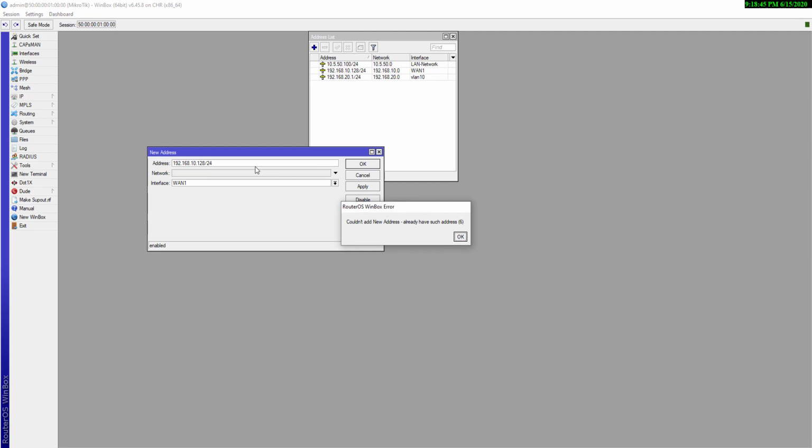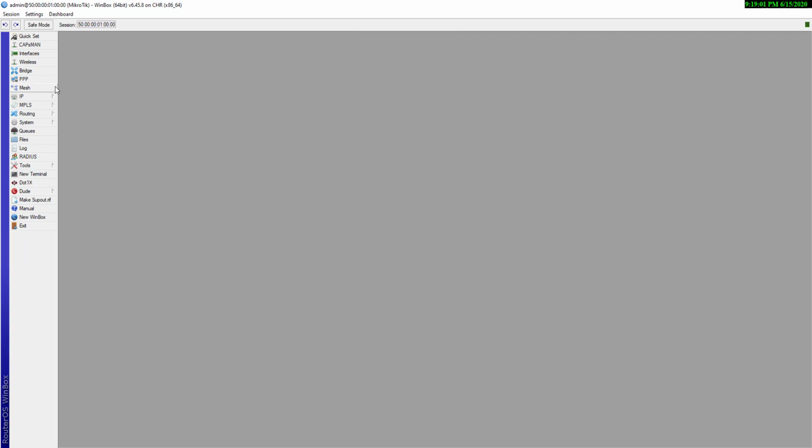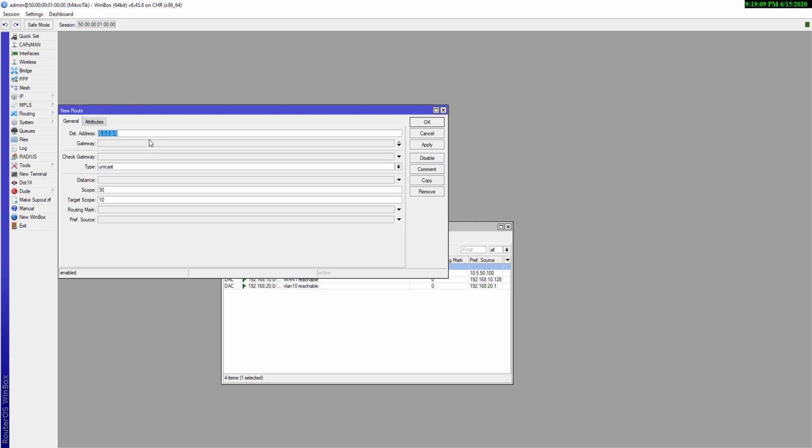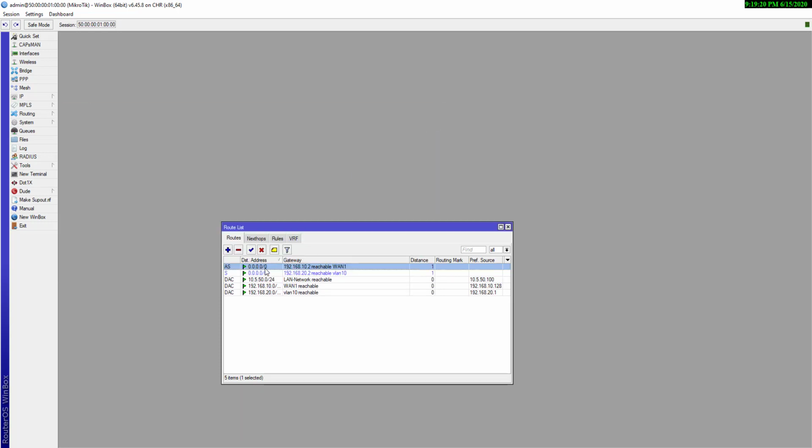That address is already configured on the same interface. And the second one is to go to IP and routes, and here you have to add the gateway. Just click on add. You have to give the gateway which the ISP will give you, 20.2, and apply and OK. Here you can see that the gateway is added.